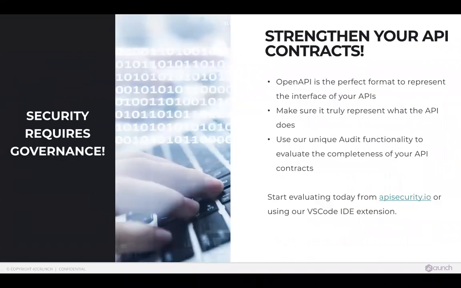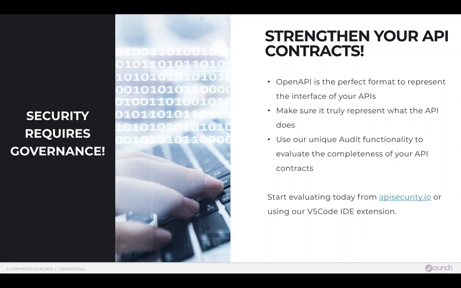So if I could conclude based on everything that we see, the core problem really is, I know governance is not a word that people like. Governance sounds like processes and complexity and everything, but security requires governance. So you need to start by strengthening your API contracts, right? So we have this luxury, frankly, in the API world, to have this de facto standard, which